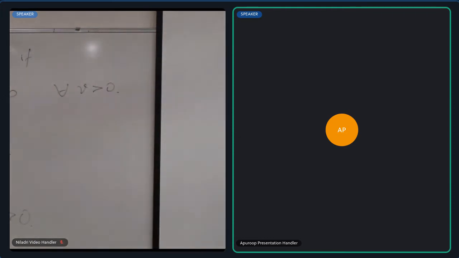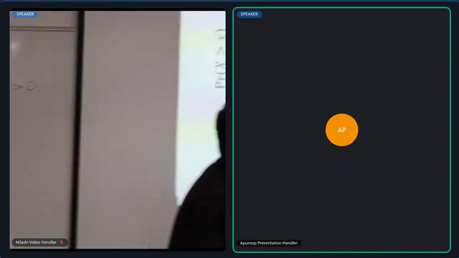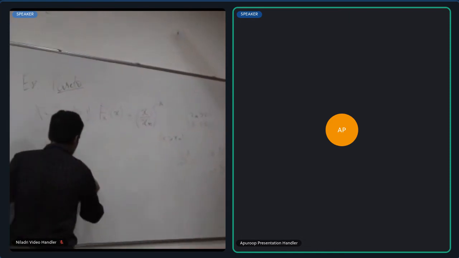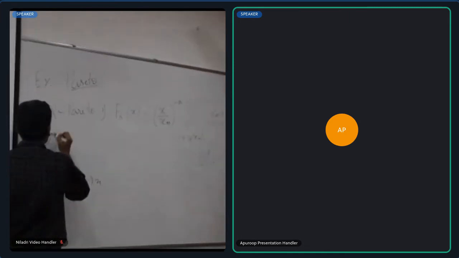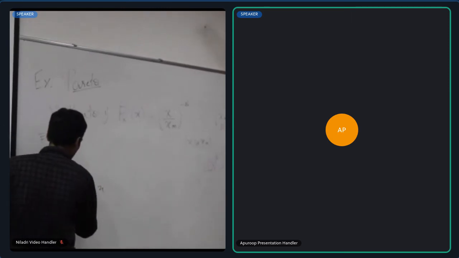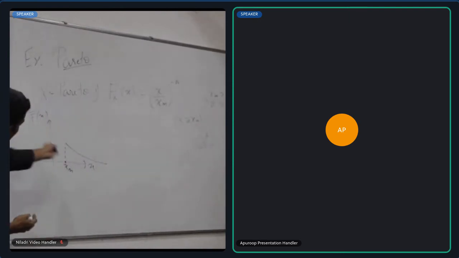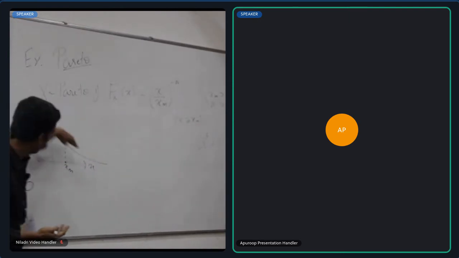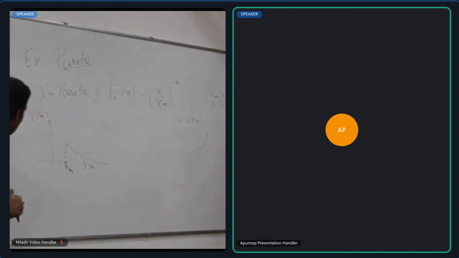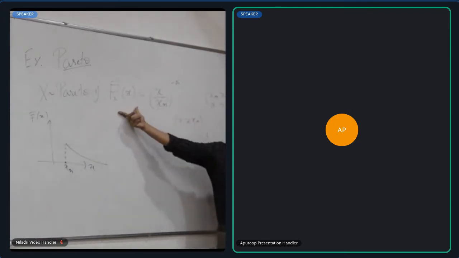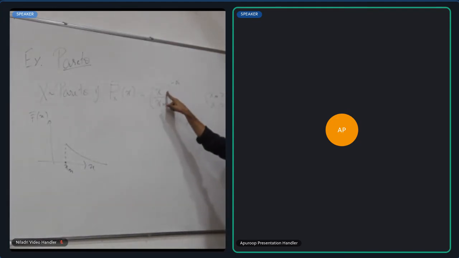One final remark I will make about the Pareto is the following. If you look at the CCDF of the Pareto in the raw form, it's of course going to look like this. But visually, this picture doesn't really tell you anything about how quickly it's going to 0 or not. So the informative way of looking at the CCDF of the Pareto is on a log scale. If you take the log of the CCDF, note that it is going to be minus alpha times the log of x.